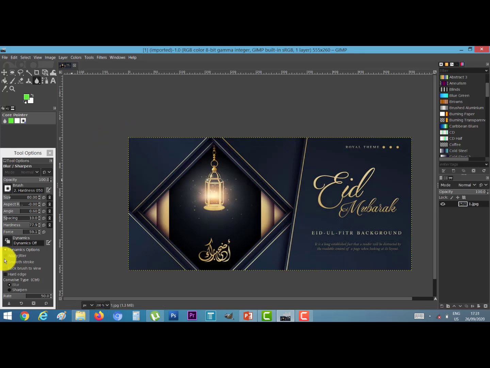Now click on the image. Continuously click on the image. You see your picture will be blur.